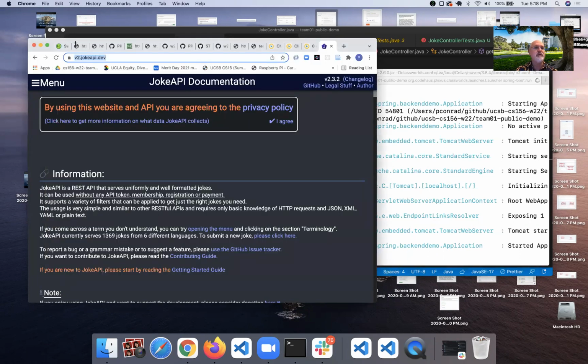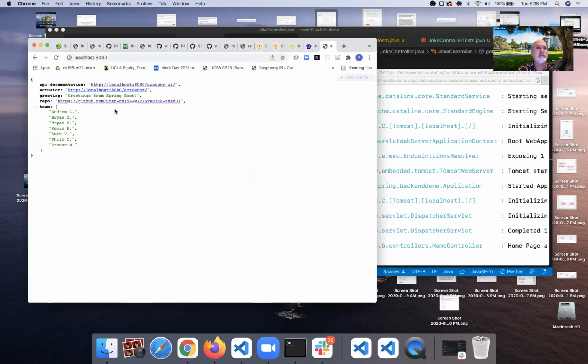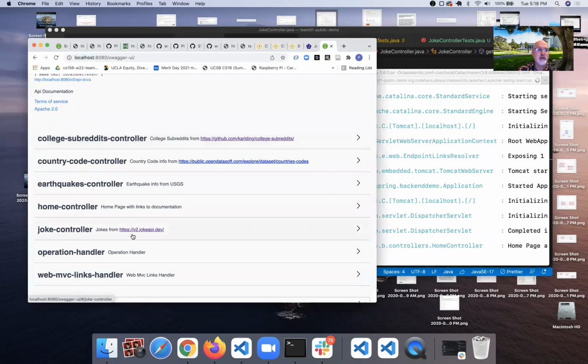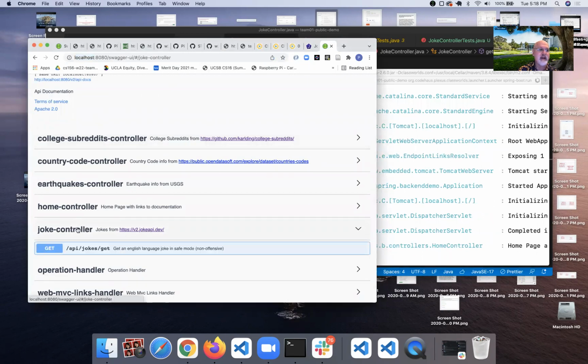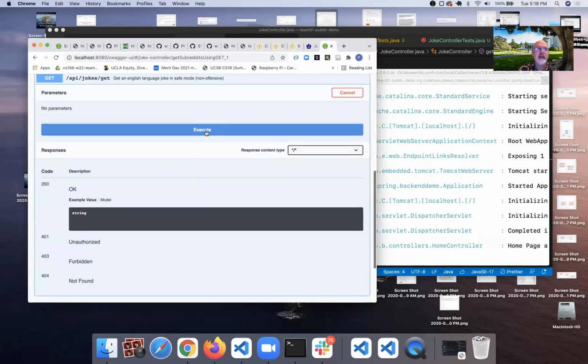So let's go to localhost 8080. And there's my Swagger UI endpoint. There's my joke controller, jokes from, and it has the documentation. If I go to get and do try it out and hit execute,